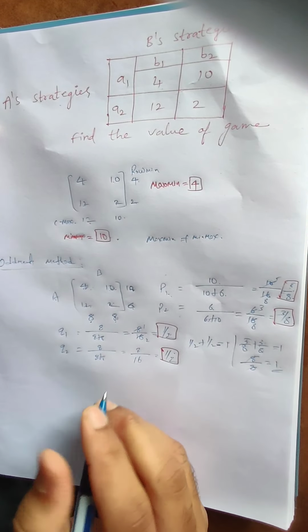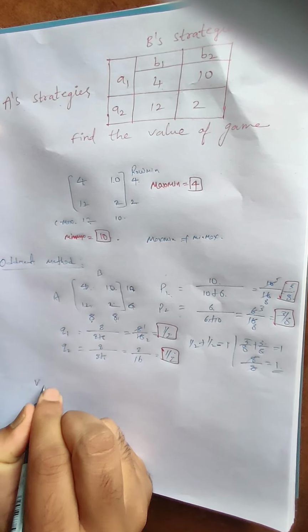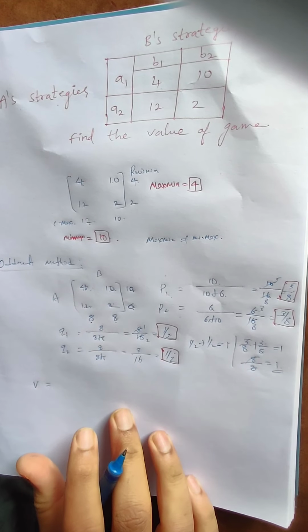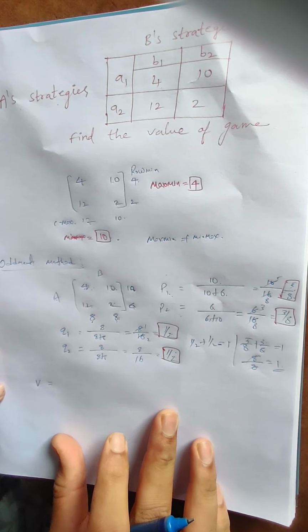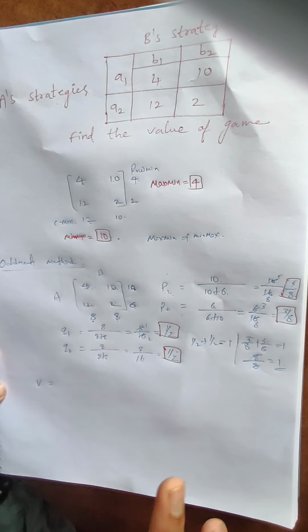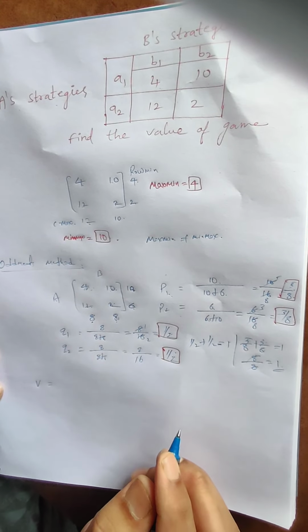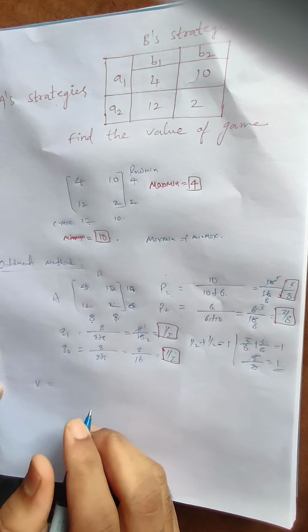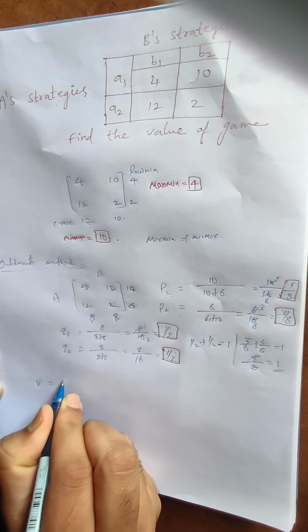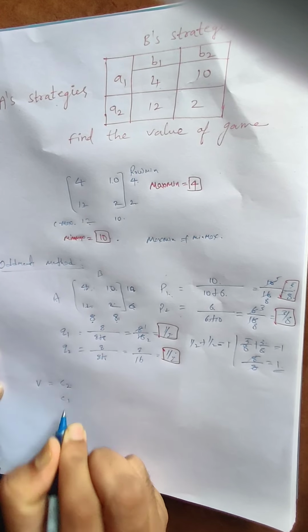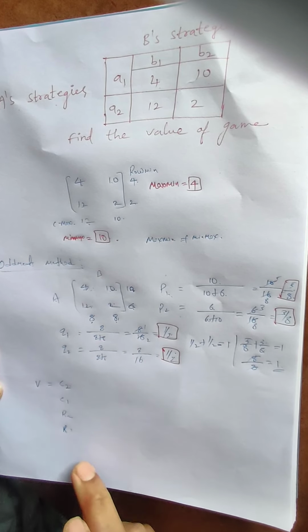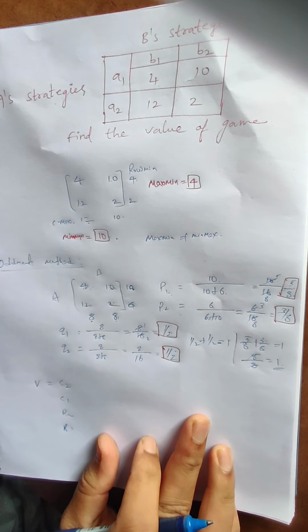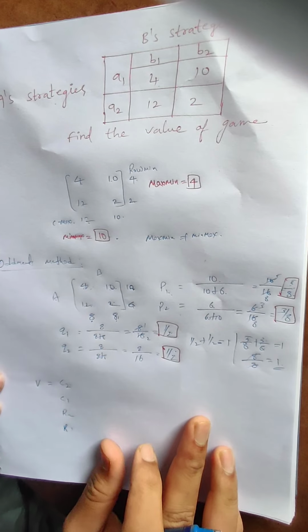Now we need to calculate the value of game V. For the V value also we have a different set of formulas. Again, I am not using any type of formulas. You just observe the concept. If you understand the concept, you can go with it, or else you can substitute in the formulas. We can find the V value by using four types. I can do it by using column 2, or else column 1, or else by using row 2, or else row 1. Directly we can say R1, R2 and C1, C2. By using any row or column, we can calculate the value of game.